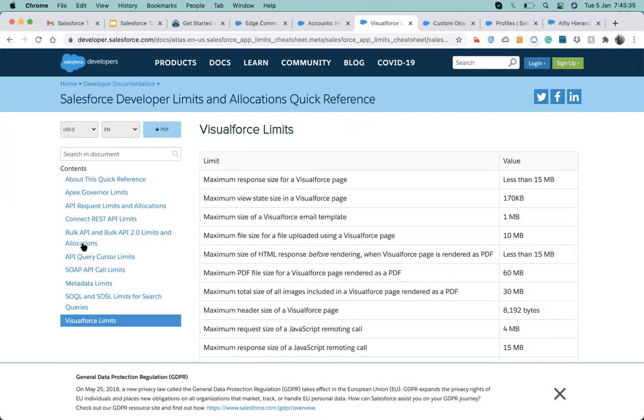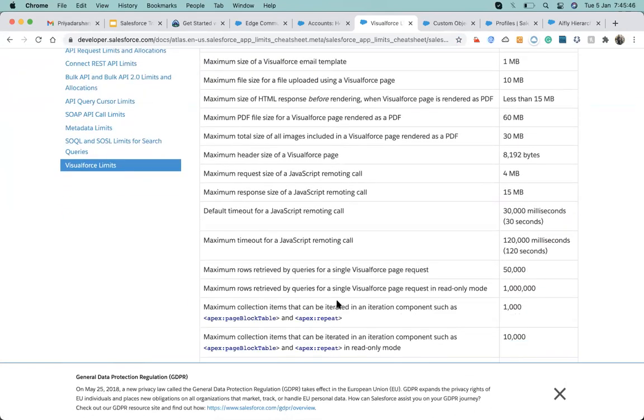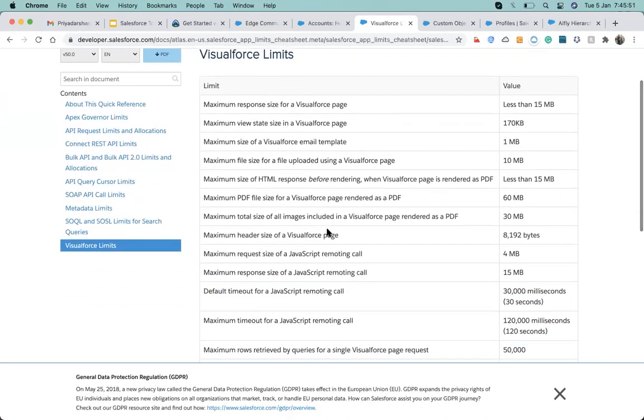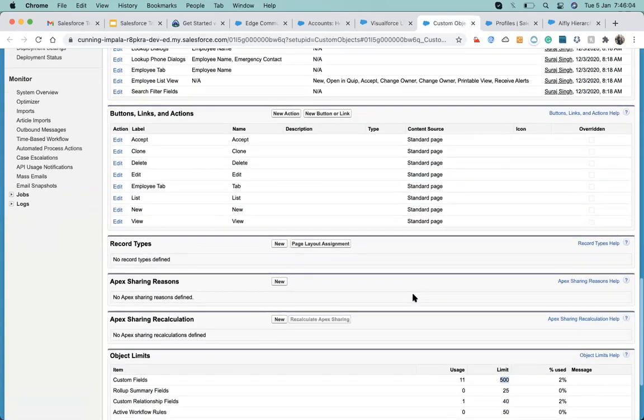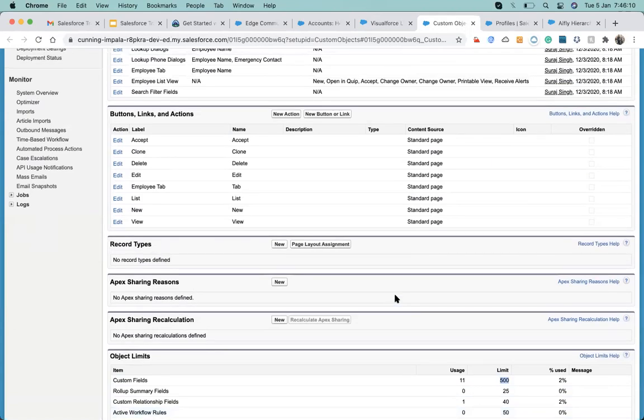While you are working, you will get to know the limits that Salesforce is providing, and to check them you can come here to the governor limits section. There are so many; at every step that we work on in Salesforce, there is a limit. We can't create so many objects, so many lookups, so many fields, or send so many emails. There is a per day email limit also, I think it's 5,000.